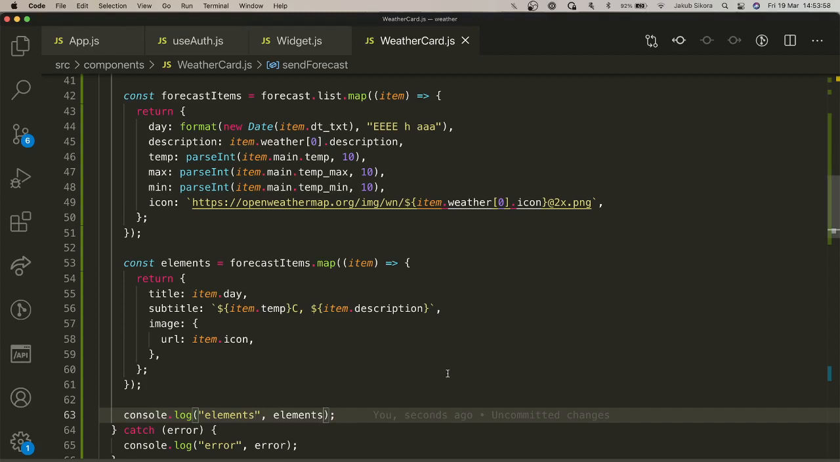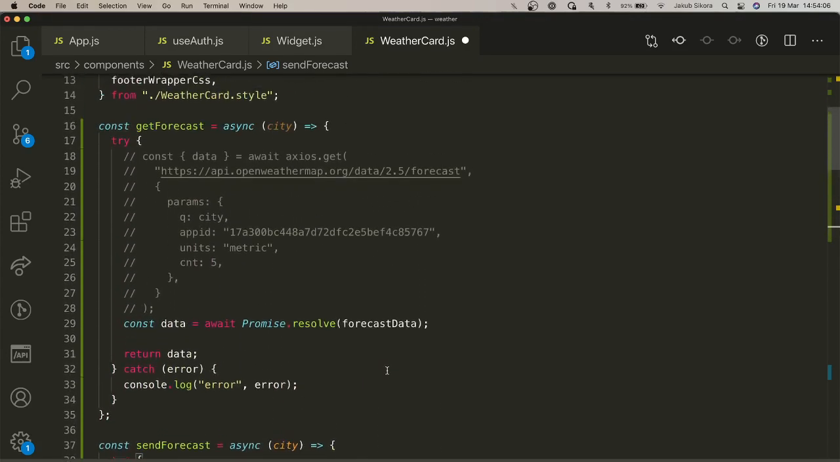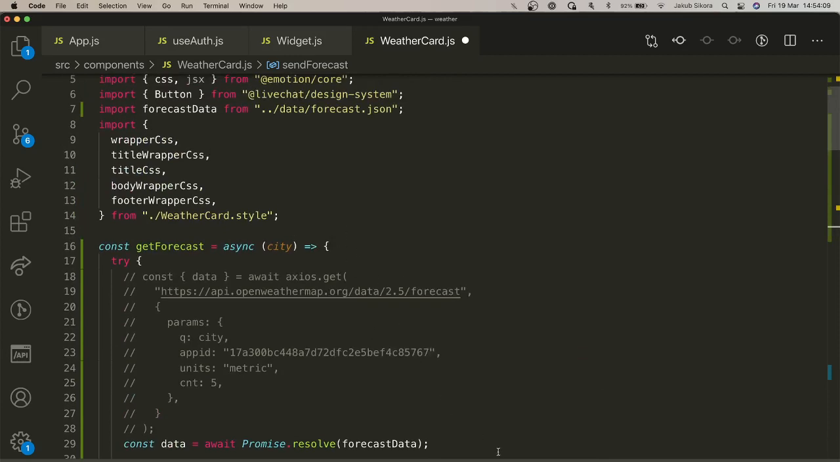So now what we need is to create a method which we are going to use to communicate with the LiveChat API. For the purpose of this demo,